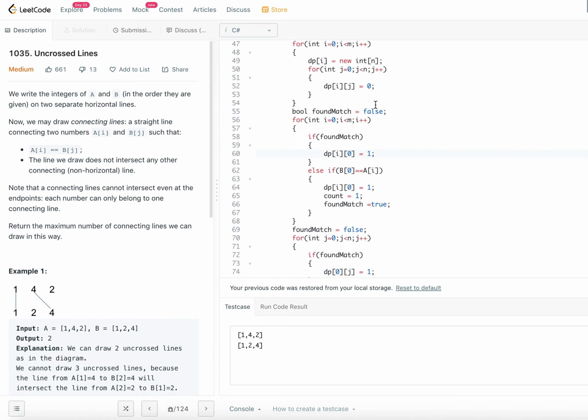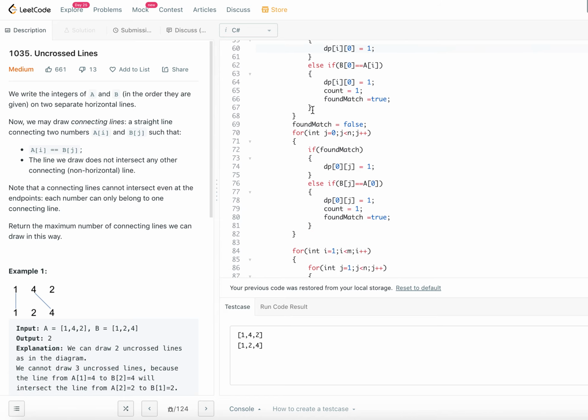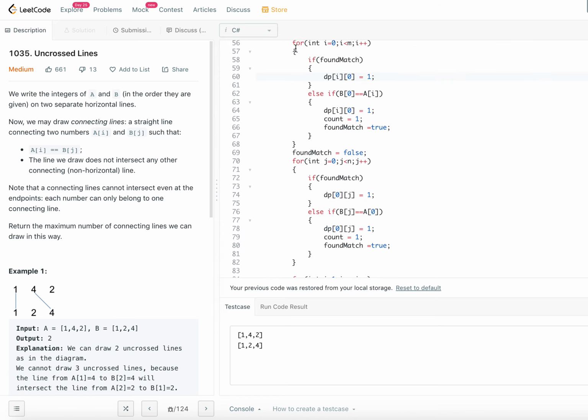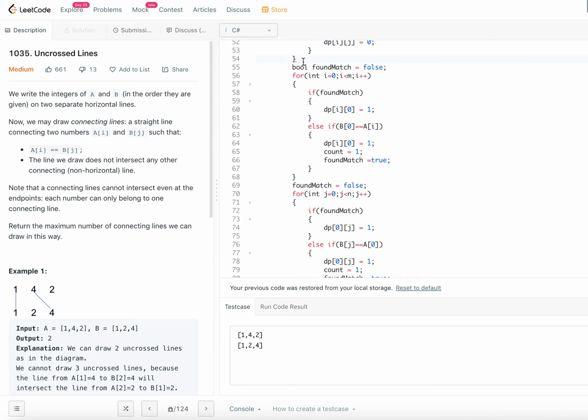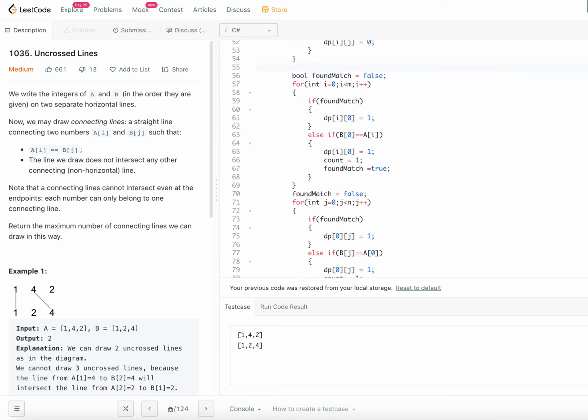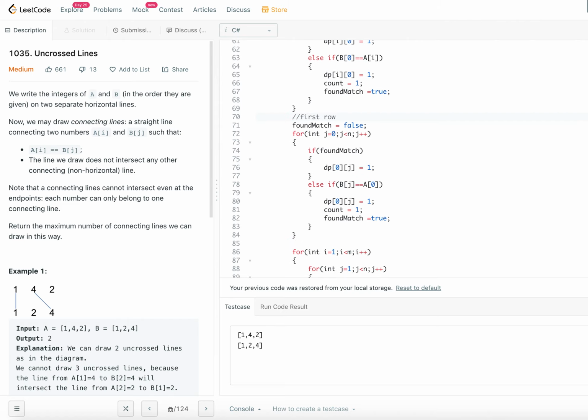So this is working out for the first column. Let me write the comment, first column, and the next for loop is the first row.